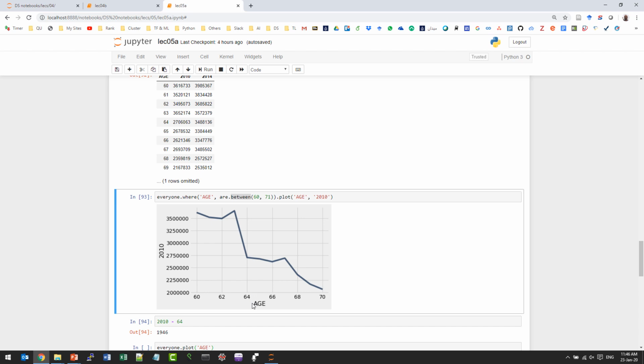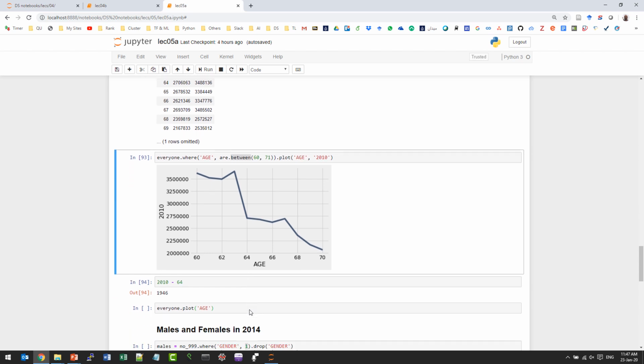Okay, I have a question about the method range. It would give us an array, a range. But this one is a condition. How do I know if it's inclusive or not? By the definition of the function. If you look at the documentation of the function, it will tell you that. For ranges, they are working similarly. The ending point is not included. Okay, fine. Now let's plot age only